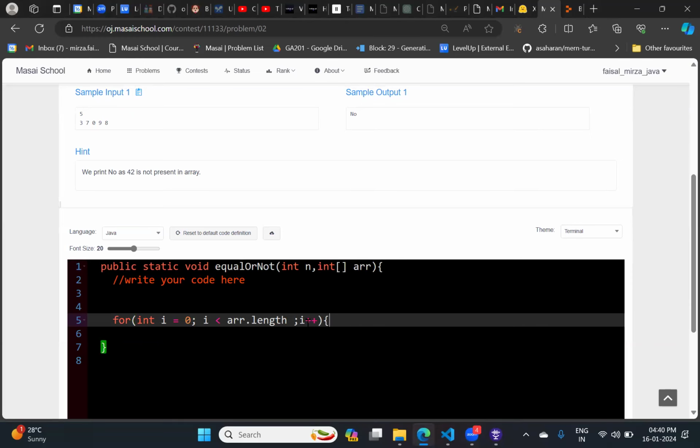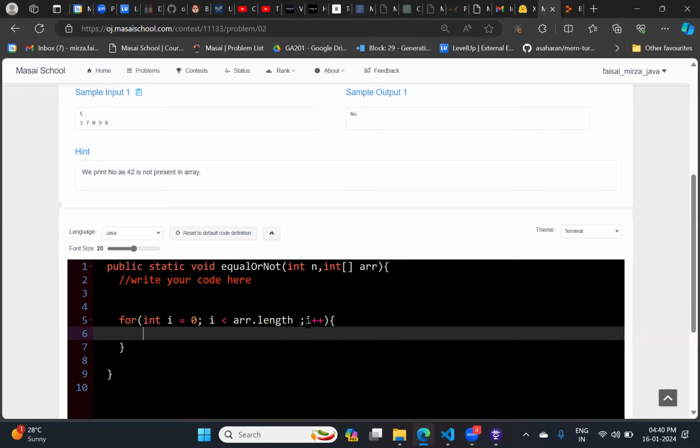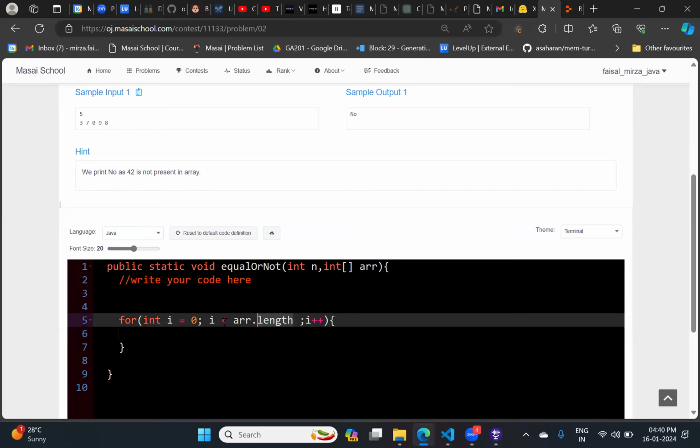Sir, if you use this, i less than, then it will be fine. If you want to do minus one, then you need to change the condition again. So it's better to use this. Yes, tell me. Sir, actually array dot length is also given in the question as n. So array dot length is replaced by n.